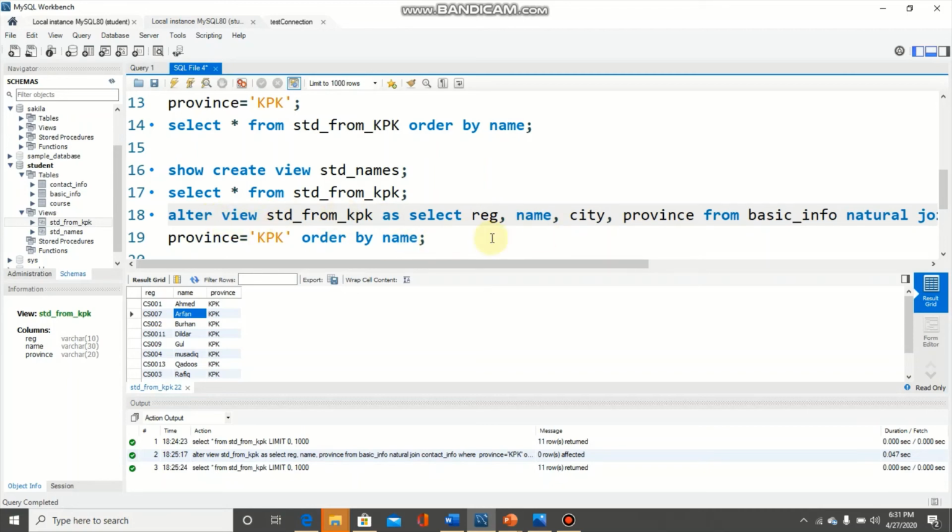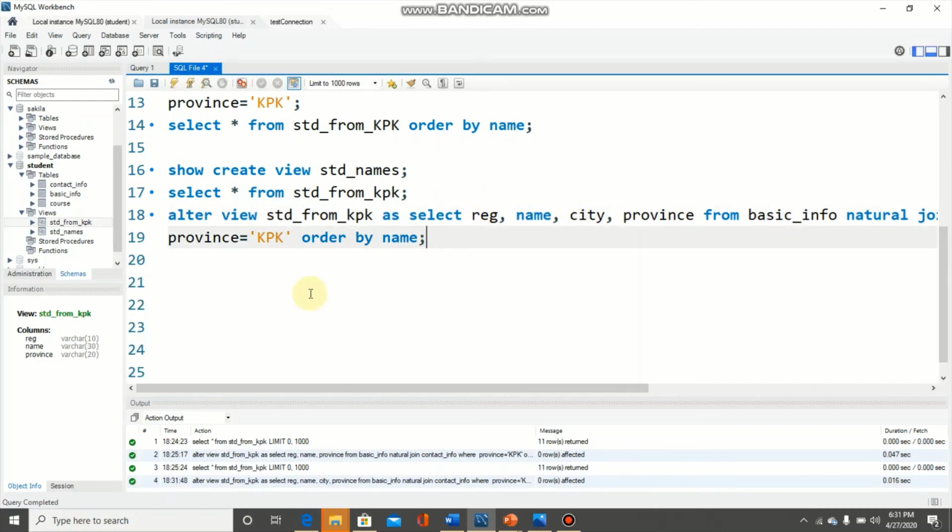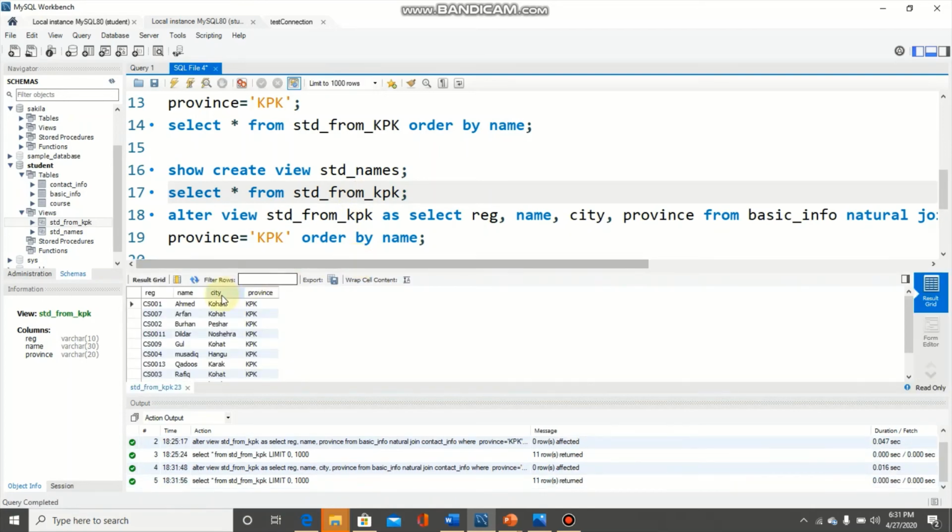Same query can be used, and we need to put one additional item, that is city, after select. So I am going to execute it. This one got executed. The view has been updated. Now let's have a look into the view. Now here city is available in this updated view. Previously it was not present.